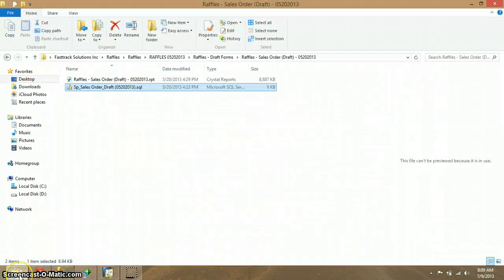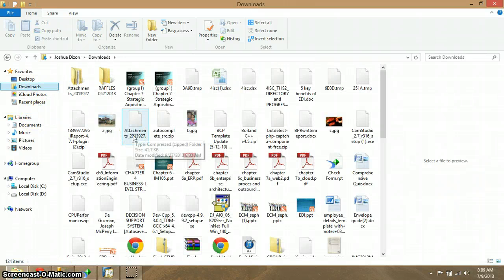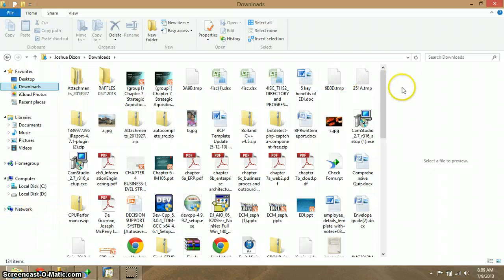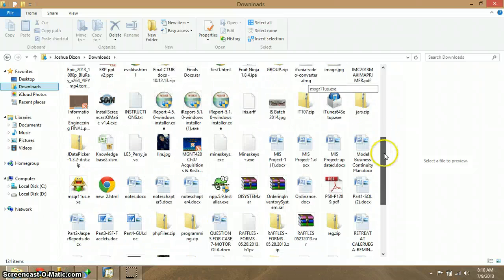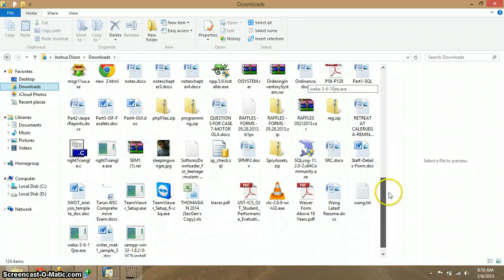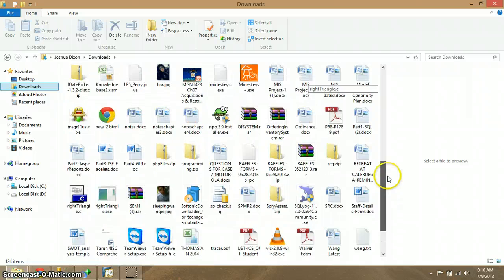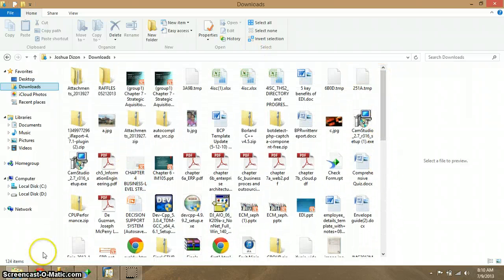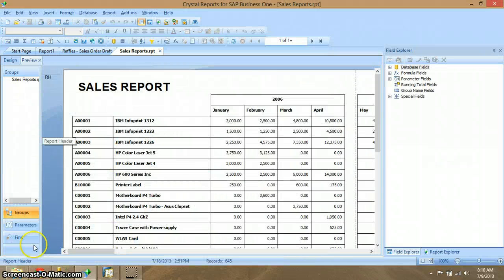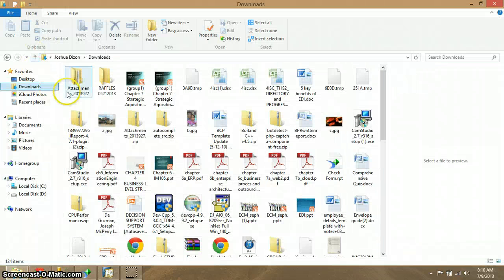Now let's see what the problem is. Hopefully it's still in my downloads. Hopefully I can locate the Excel file that we used. We conducted the test. Hmm.